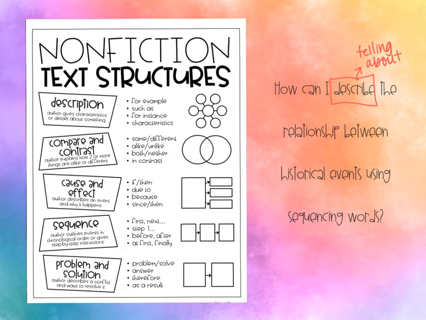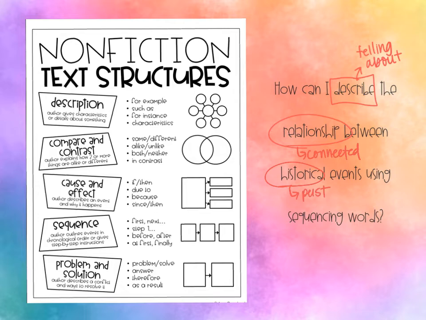Okay, so now let's take a look at that word relationship. When I think of that word relationship, I think about how things go together. How are they connected? So in these events that we're going to be describing, they have to go together. They have to be connected somehow. So I'm going to put that word connected between historical events. So when I think of that word historical, I think of history, and I think of events that happened in our past that have led to certain important events. So we're going to put past events